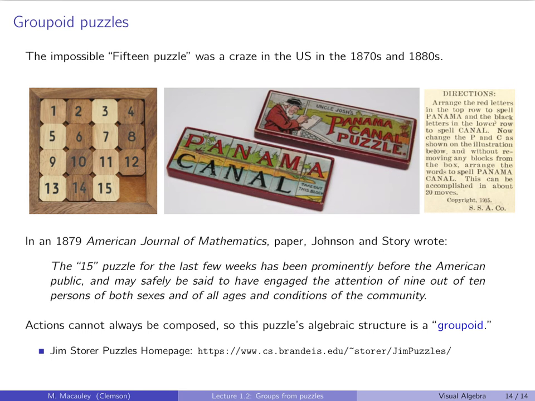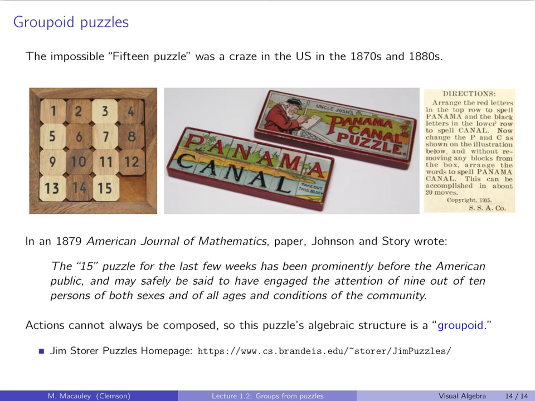Finally, I want to finish with perhaps the most famous mathematical group theory-ish puzzle outside of the Rubik's Cube. That is the so-called Impossible 15 puzzle, which was a craze in the United States in the 1870s and 1880s. Here's a modern version of it, and the idea is that there are 15 blocks on a 4x4 grid with one empty space, so you can slide these blocks around and fill that space. And the original puzzle,